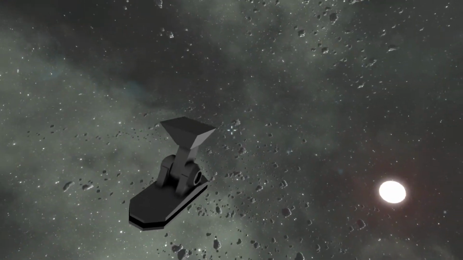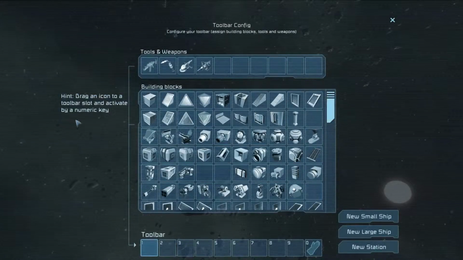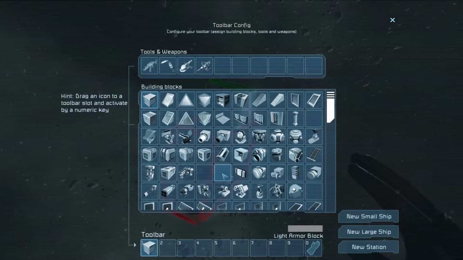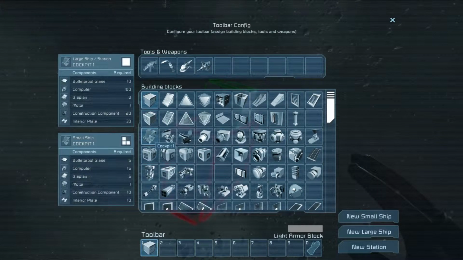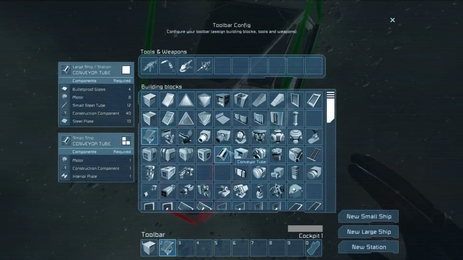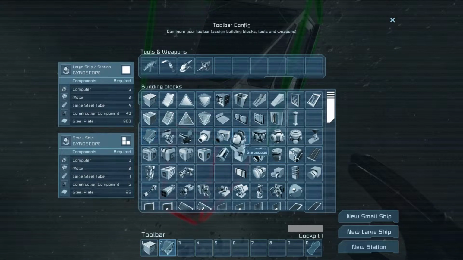Now then, you press your G button again, and what you're going to need to build a small ship is your light armor block or your heavy armor block to start with. I'm going to use the light armor. You're going to need to come over here and cockpit 1. Just drag that down to your 2-bar. You're going to need a gyroscope,